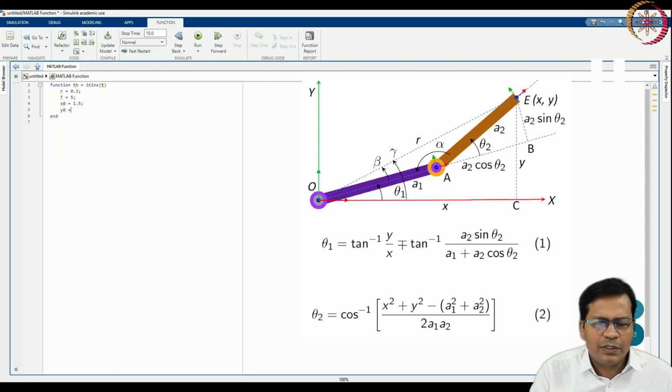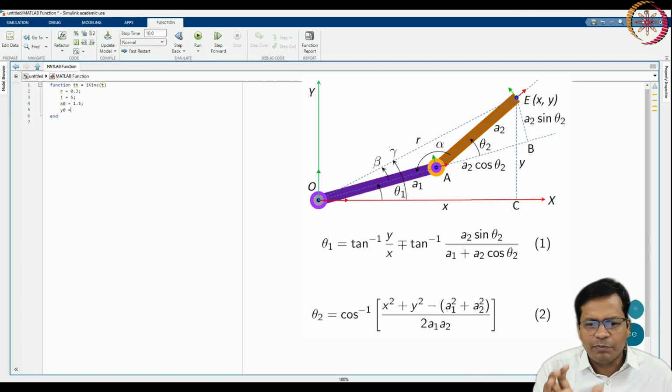So what I am doing here, I am setting r equal to 0.3, that is the radius of the circular trajectory, as 0.3. Total time as 5. x0, y0 is the center of the circle. It should be within the workspace for the entire planned trajectory. It should not go beyond the 2-link arm reach.